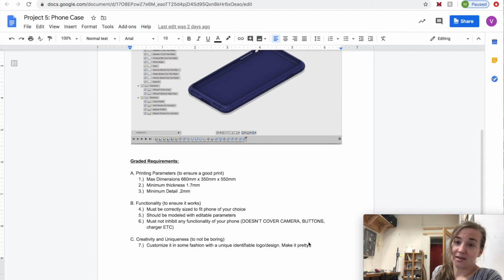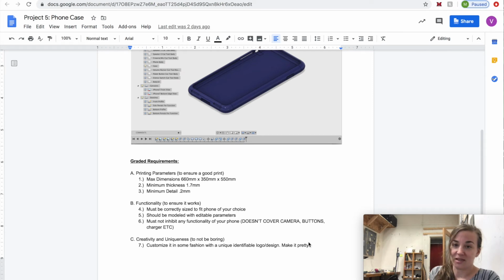So trace it essentially with your sketch tools, and then generally you can either extrude that negatively, so down into the case so you have a recessed area, or you can extrude it positively, create a